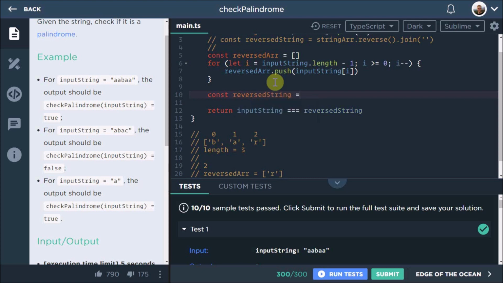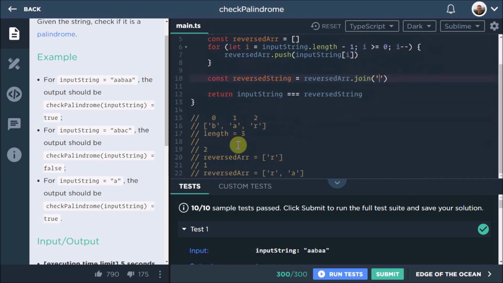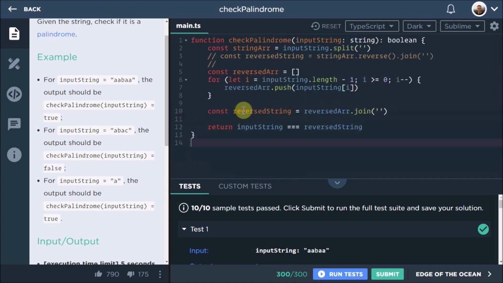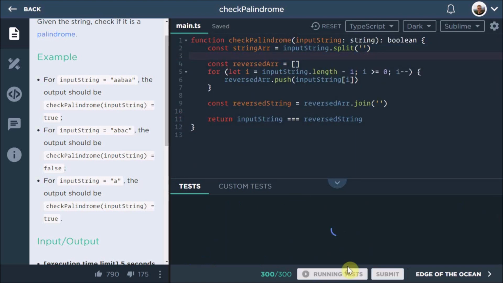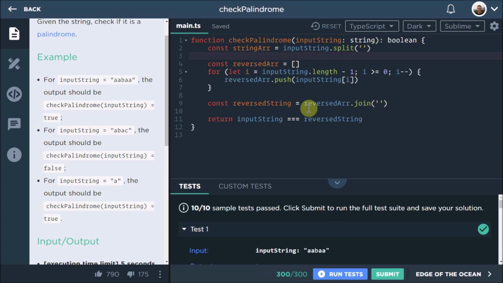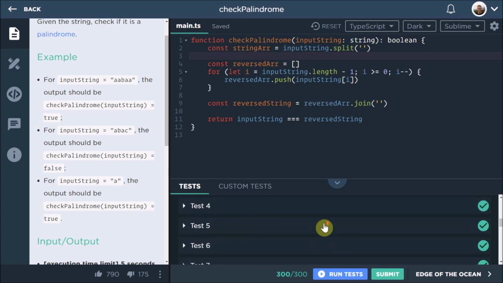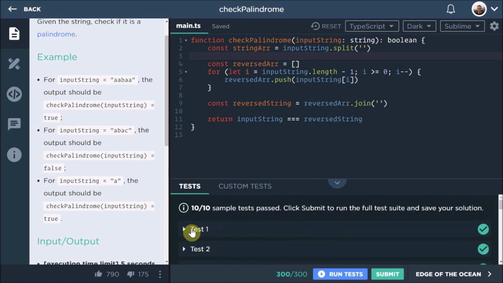is going to equal the reversed array dot join, because we've used this join function before, and our interviewers don't mind if we use join. So I'm going to remove these comments now and remove that as well. And this should technically work as well, unless I messed up. I could have messed up. I usually do. I think I've mentioned that before as well. It does work.